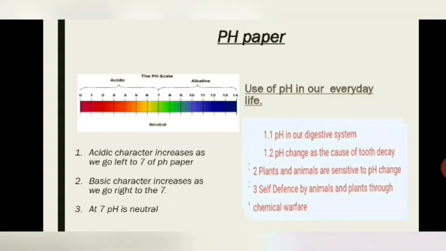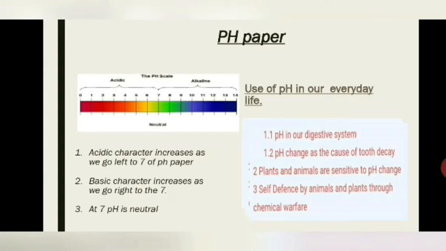Similarly, if you don't know whether a substance is acidic or basic, you put pH paper in it, and with the help of these colors you will be able to analyze whether it is an acid or a base. You have to understand it gives a value also, right? If it is less than 7, then it is acidic, and if it is more than 7, then it is basic. As it gets closer to 0, like 1 or 2, its acidic character is increasing in comparison to 6. But as we go to 14, rather than 8, its basic character increases, right? You can understand it in this way.